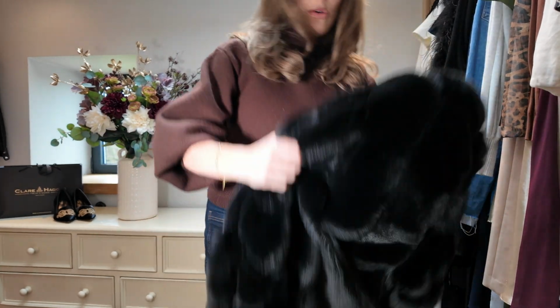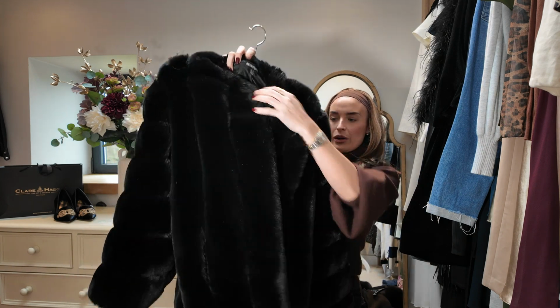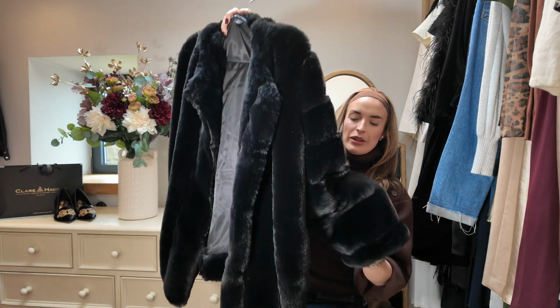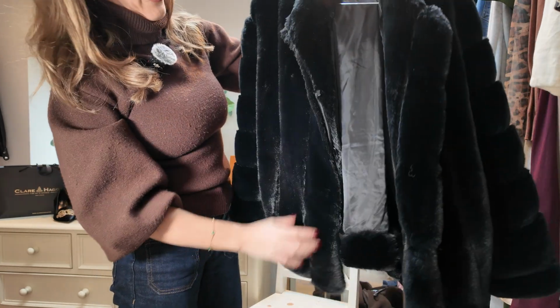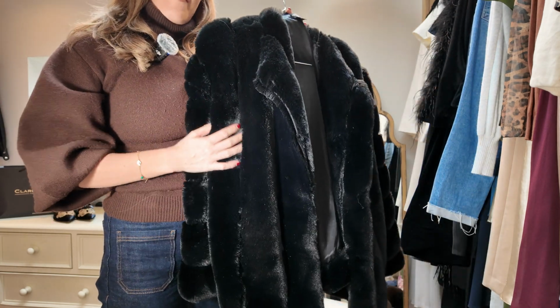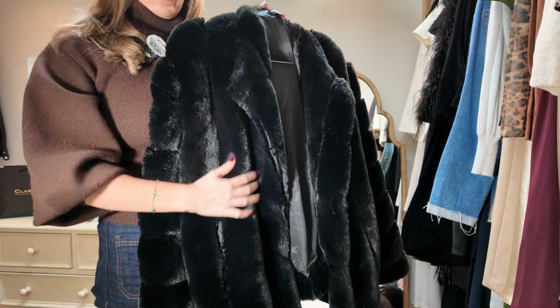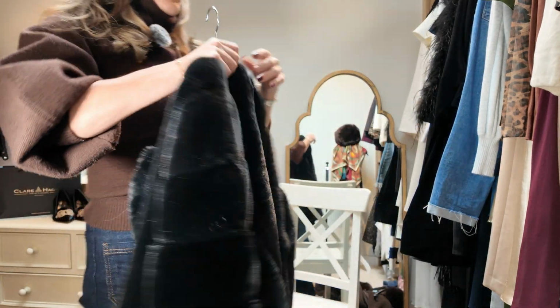But this one is my most worn coat. This is actually from Pretty Little Thing. I think I've had it two years now. It's meant to look like, I think it's called a bubble coat. And as you can see, it's all panelled. I actually got it when the Mob Wife aesthetic was trending. And I felt like it fitted in really nicely with the panels of the...